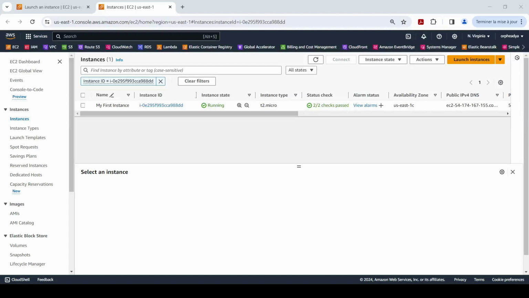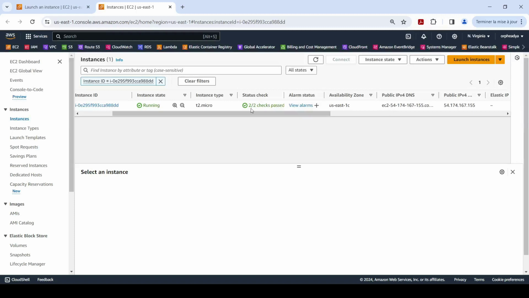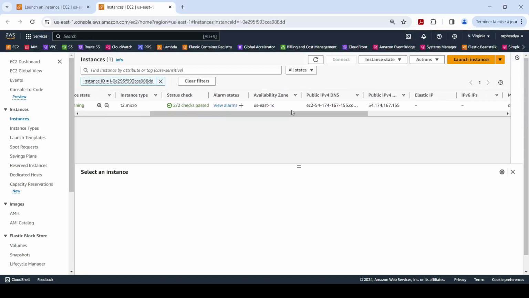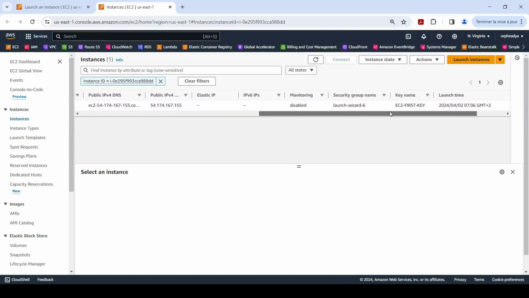And here we can have more information such as the instance type. The status check is 2 out of 2. We can have information about the availability zone. This is the availability zone. We can have information about the public IP. This is the information about the security group and the key pair.